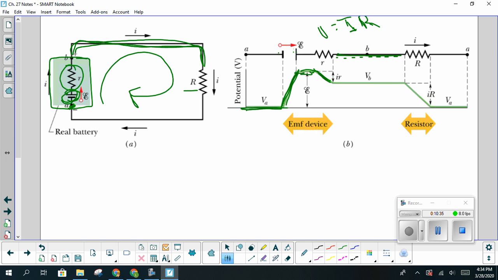And then we have another drop in energy. We have energy that's actually dissipated through the resistor. Also, that energy is dissipated in that internal resistance of our battery, and we'll talk a little bit more about that in just a moment. So we have, again, another drop in our potential. It goes down to our lowest value, back to zero, back to our low potential as we go around our